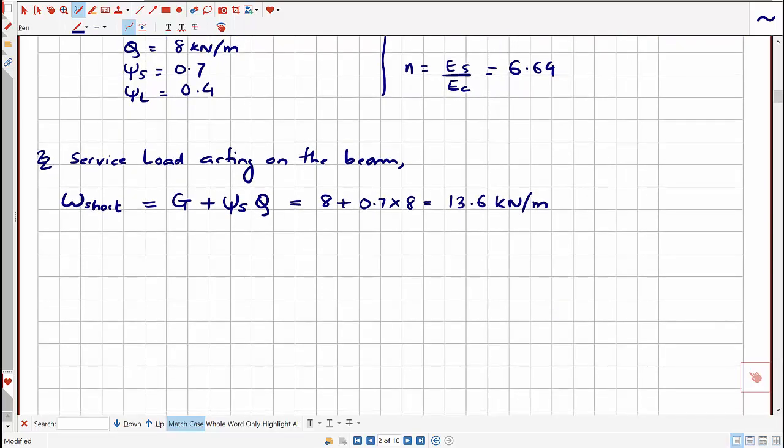And for the long term, the dead load is same, it hasn't changed yet, but we have to consider the long term factor, and Q is same as well. So that comes to